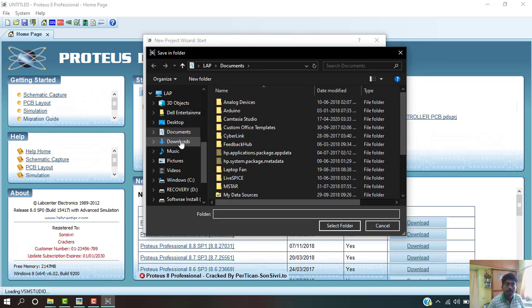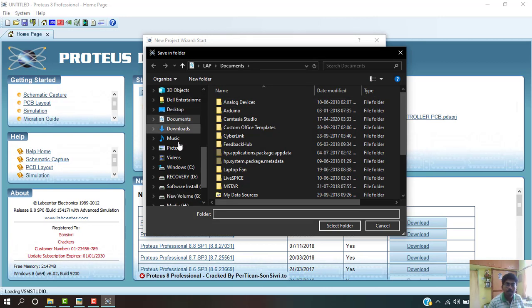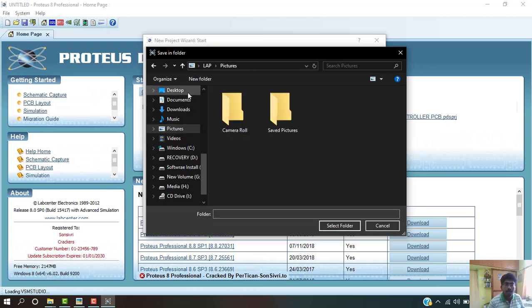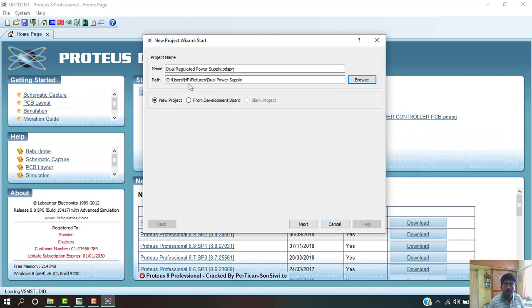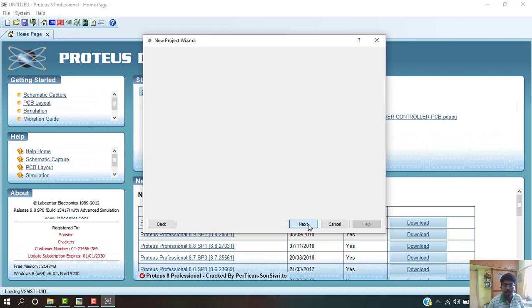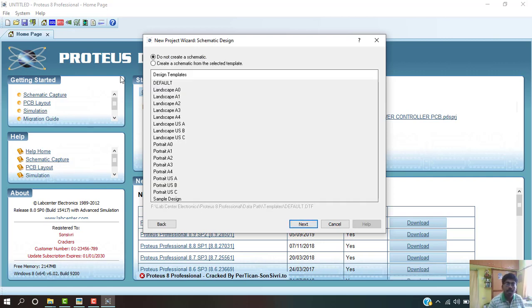I am going to select the folder. Here I am going to put the file in Pictures, then create a new folder and then select that folder. Okay, the path of the folder is selected and the file name is also given. Then you have to select next.